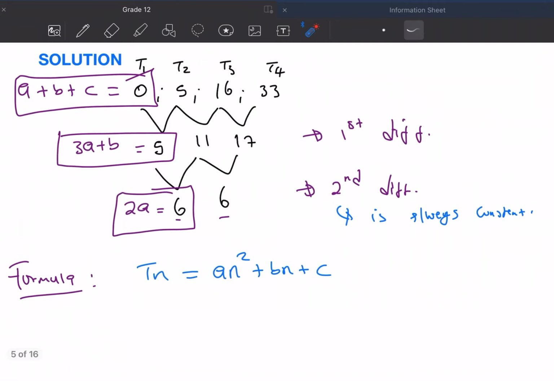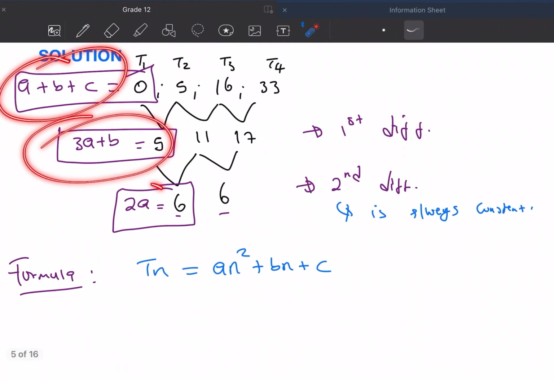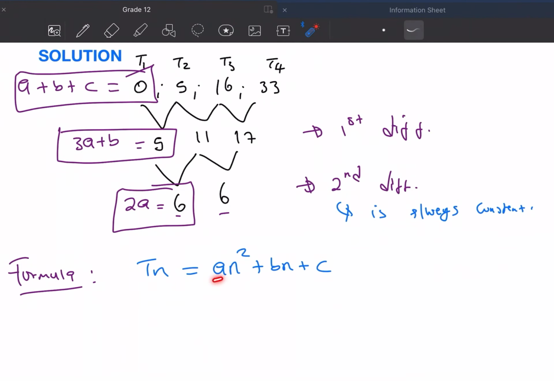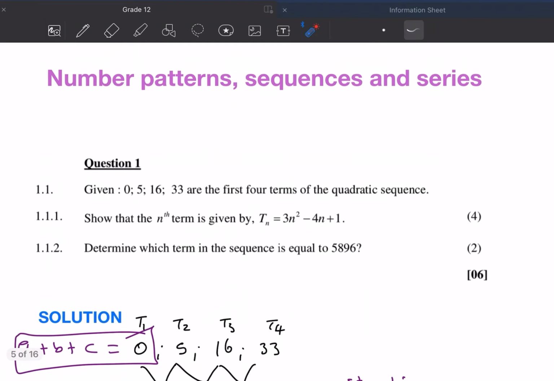That's why you need to know this, because it's going to help us to be able to solve for a, to be able to solve for b, to be able to solve for c. They are always going to ask you the value of a, the value of b, the value of c. And luckily, with